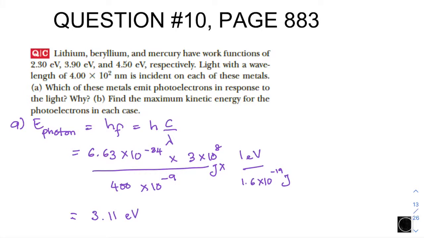So if we compare this value to this value and this value and this value, for sure only lithium will exhibit the photoelectric effect. Why is it? Because the work function of lithium is 2.3 eV, whereas the incident light or photon energy is 3.11 eV. If it is incident on a metal with a 3.9 eV work function, it cannot eject any electron, as well as this one, because the value of this is smaller. So only lithium